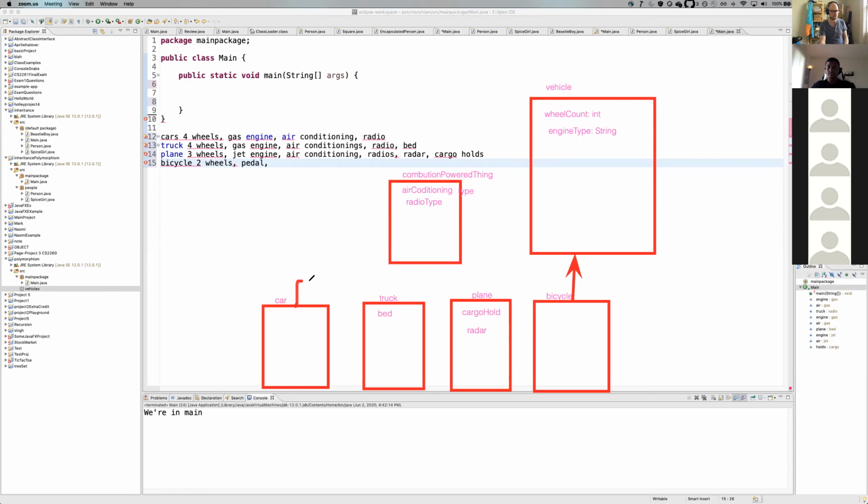the car is going to inherit from combustion powered thing. The truck is going to inherit from combustion powered thing. And the plane is going to inherit from combustion powered thing. Great. Also, we want them to have wheels and engine types. And then typically speaking, this would all be one giant tree, but because screen size is not that big,